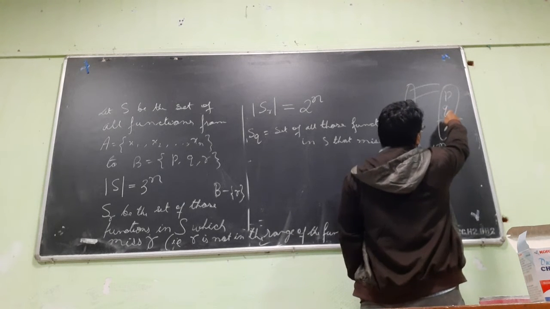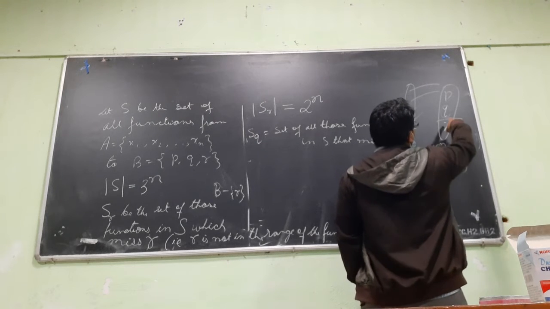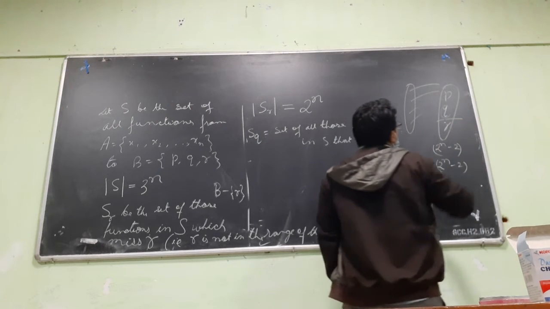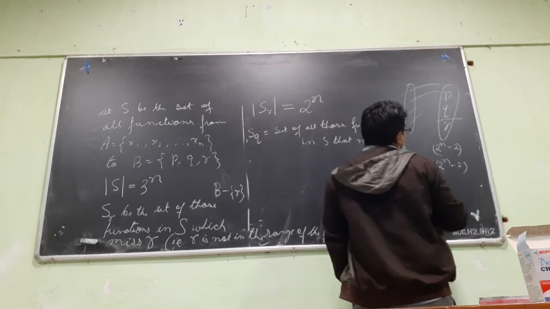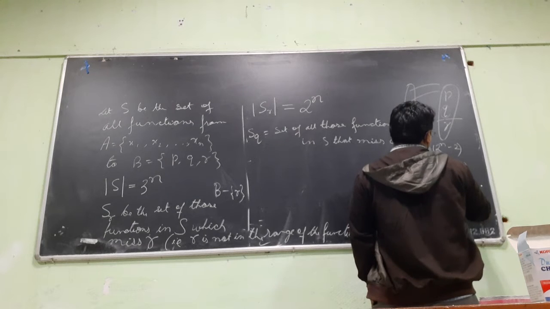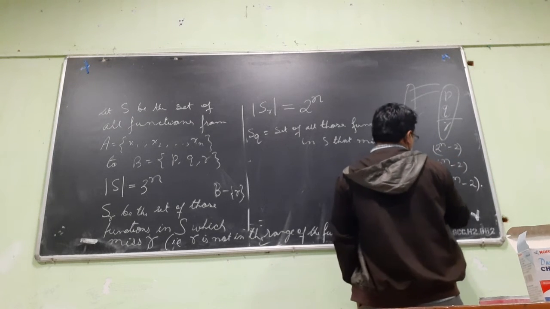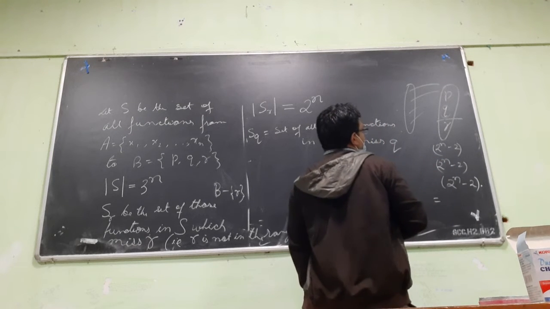So we can take 2 to the power n minus 2. And then you take those functions where only Q and R are counted. So that is again 2 to the power n minus 2. Okay. So the total sum here is